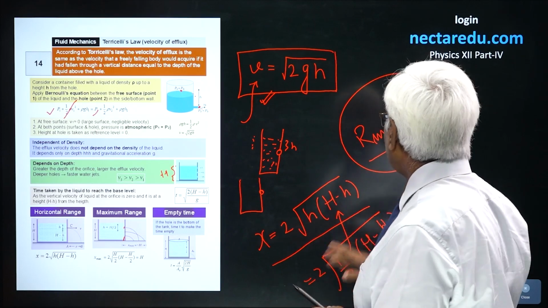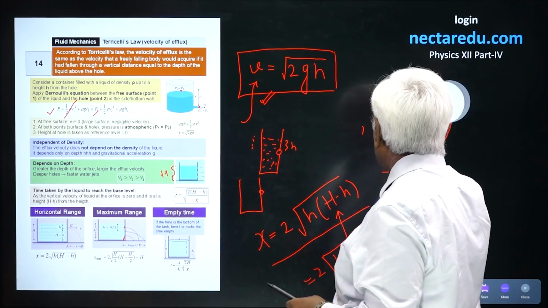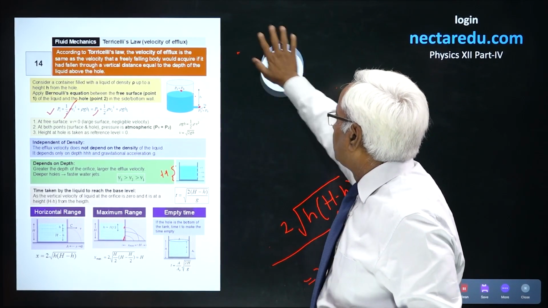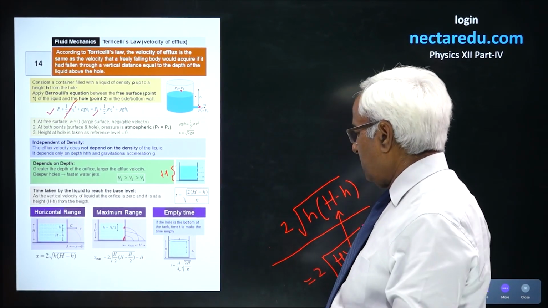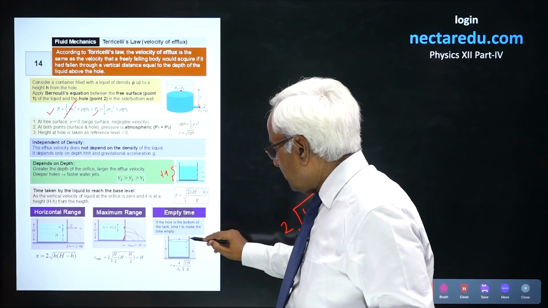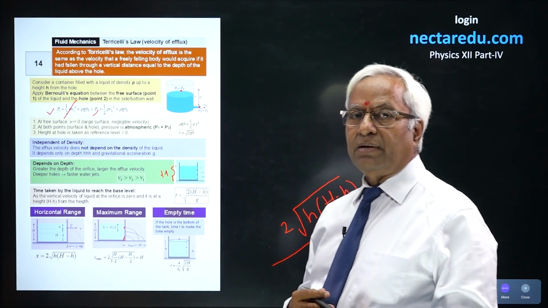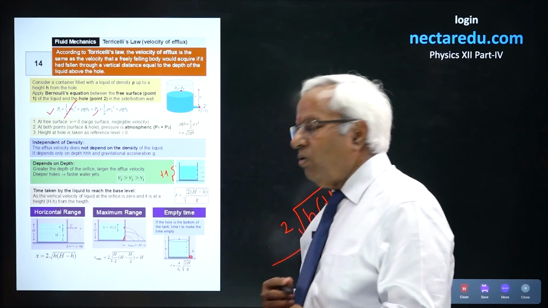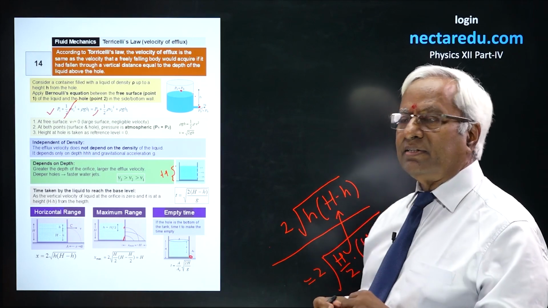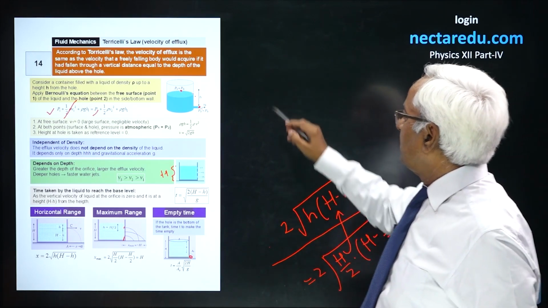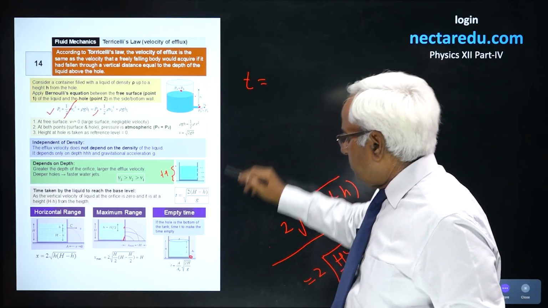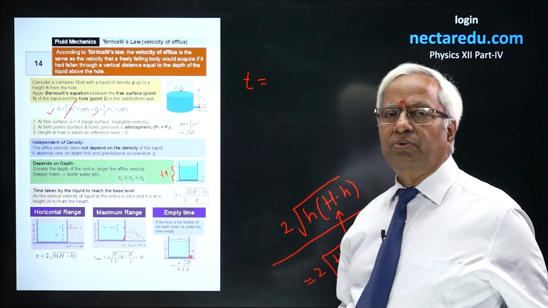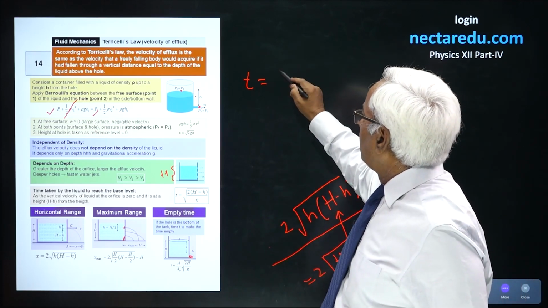And finally what remains is the time taken in emptying a container. I have drawn the figure you see here. This is the cross section of the container, capital A. And suppose you have chosen the opening at the bottom of the container and that has the cross section a. Then through this hole, the liquid will obviously leak through. We have a formula for